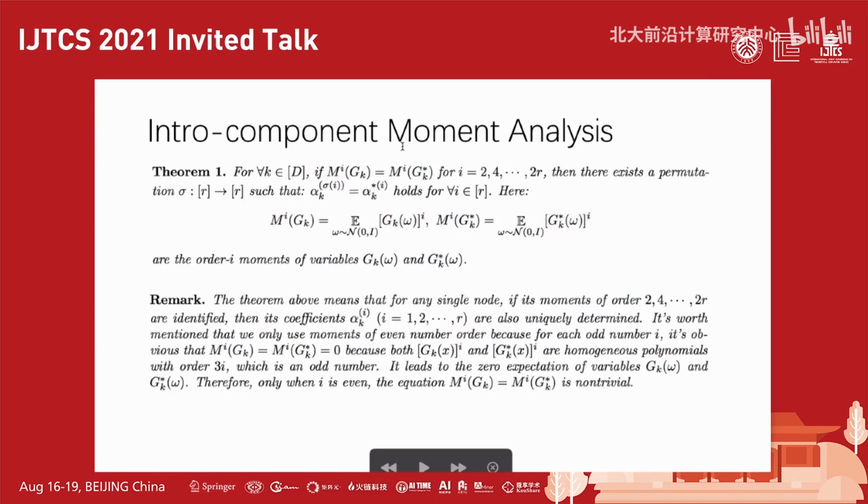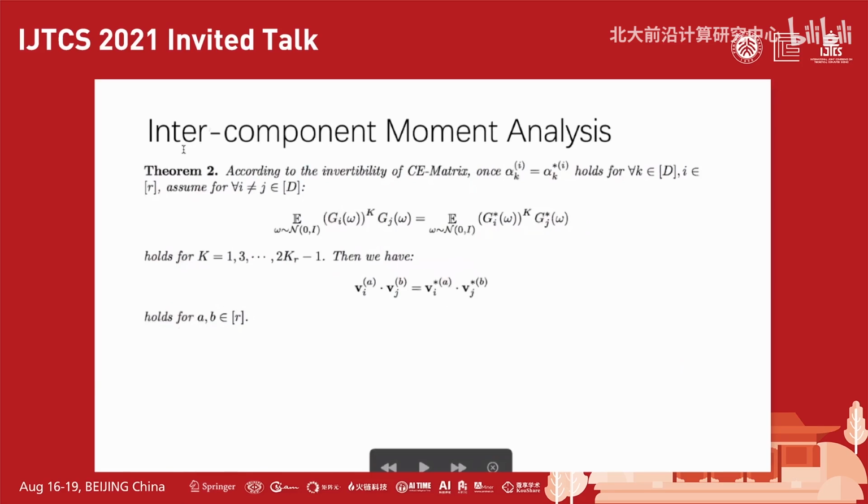We name it intra-component moment analysis, because we only compare the lower order moments of a single component. The next step would be inter-component moment analysis, because for Gi and Gj, which are two different components of the output of G, we calculate the inter-component moment, Gi to the power of k times Gj. Here, k can be 1, 3, up to 2R minus 1. For lower order k, if these two sets of moments are perfectly fitted, then we know